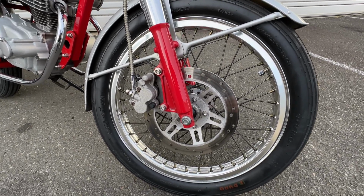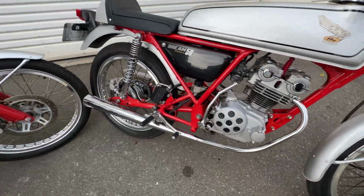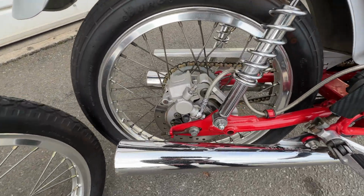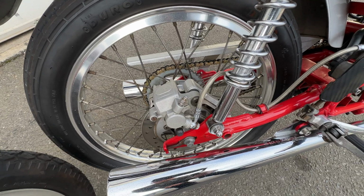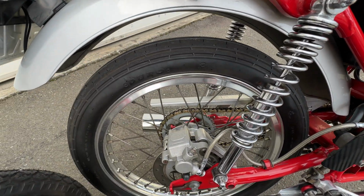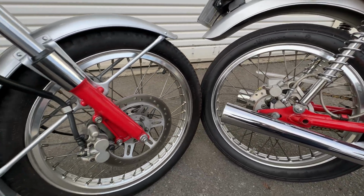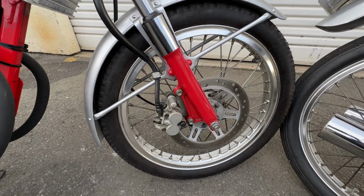So it's nice that there is a disc brake on the front, supported by the telescopic suspension, and the rear also has a disc brake. So as you can see there, that same rim, and this one has these radial Duro tires with the classic old school pattern, whereas this one over here has just a different set of 18-inch wheels,